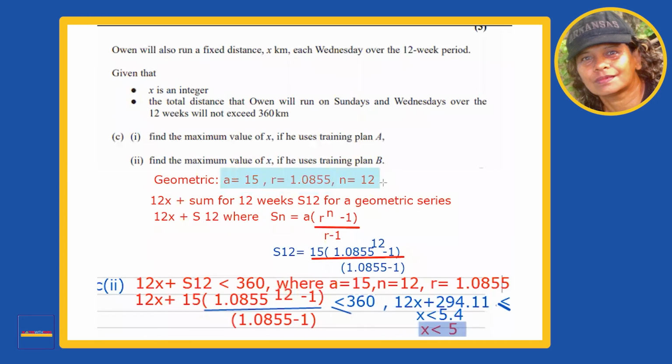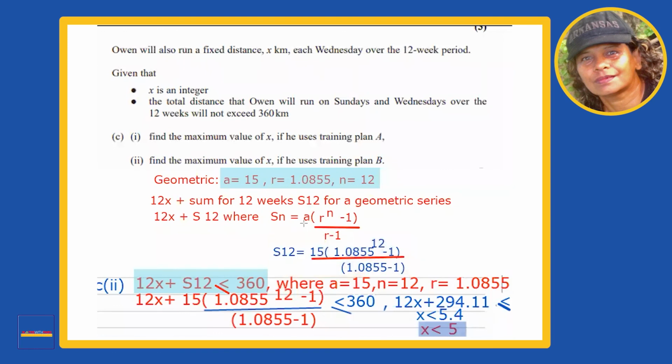So now let's go back to our computation of the maximum, the distance that he has traveled. The distance he travels has to be less than or equal to 360 because it cannot exceed 360. So we have 12x plus S12 is less than 360. And here it should be less than or equal to actually, so I'm just going to add that here. And then we have 12x plus this whole thing that I repeat here,